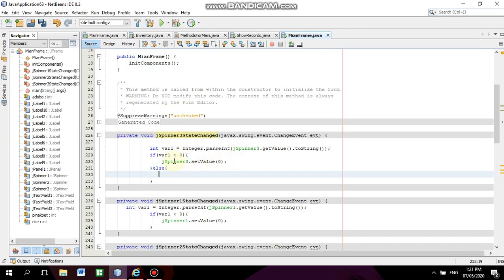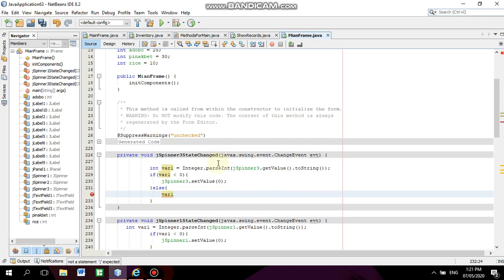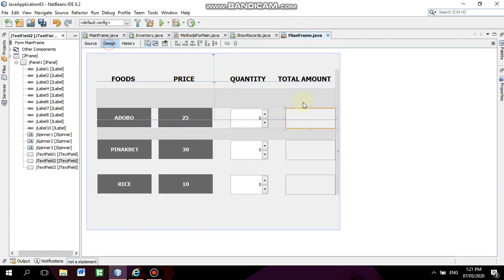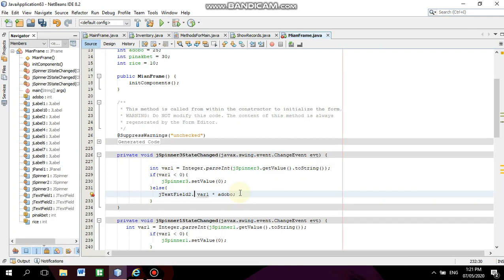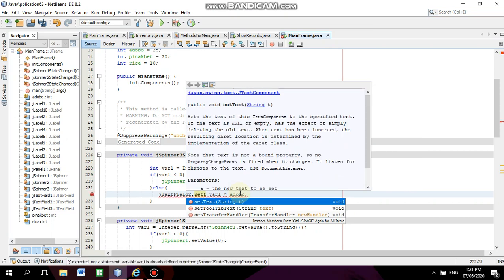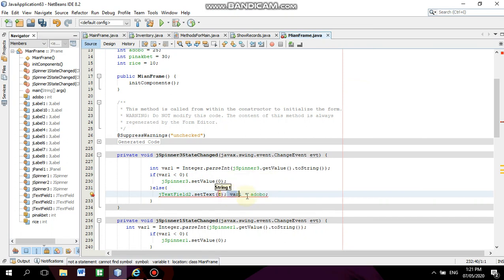So we're going to get the variable 1 times adobo, and we can get the result, but it will not show in this text field. So you're going to get the text field, Control C, copy the text field, and then paste it here, and then click set text. Alright, it takes a string and returns void. Double click and then copy this, paste it here, and